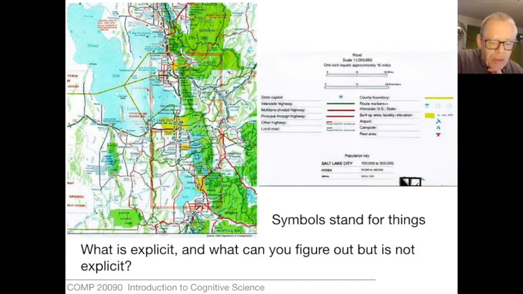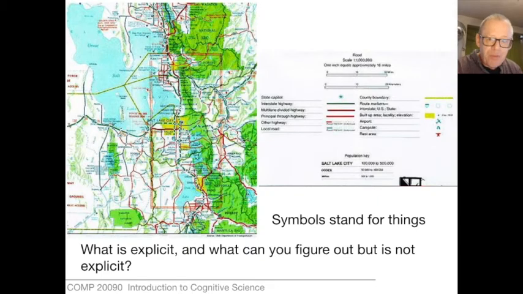And another thing to note about all these maps is that they cannot hope to capture the entirety of Salt Lake City. There's tons, one might say almost everything about Salt Lake City is not on these maps. These maps give you no information about the sounds and smells, the history, the political character, the recipes, the cultural life, the music of Salt Lake City. There's lots of things to say about Salt Lake City, and these maps convey some information, and they do so in a variety of different ways.